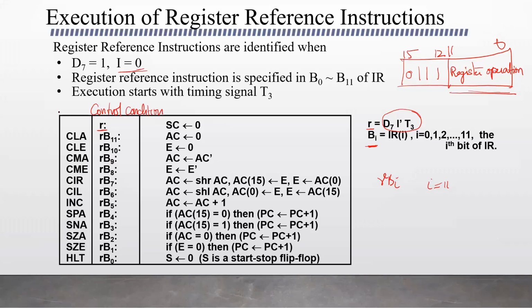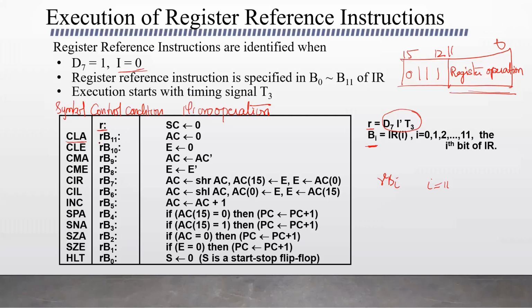And here is the operation or the symbol used. And this is the description, or the micro operations performed, we can say. These are the micro operations performed for each instruction. Now let's take the first instruction, CLA. It is clearing the accumulator. What is the micro operation performed? How do you write it?